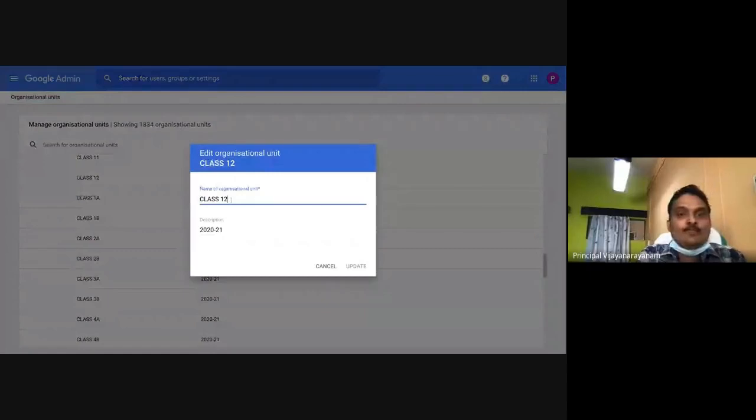I am just marking this as class 12th old. I am not removing this because those students are still with us. If you remove this structure, all those students will come back to your staff. So don't do that. Just add old and update.